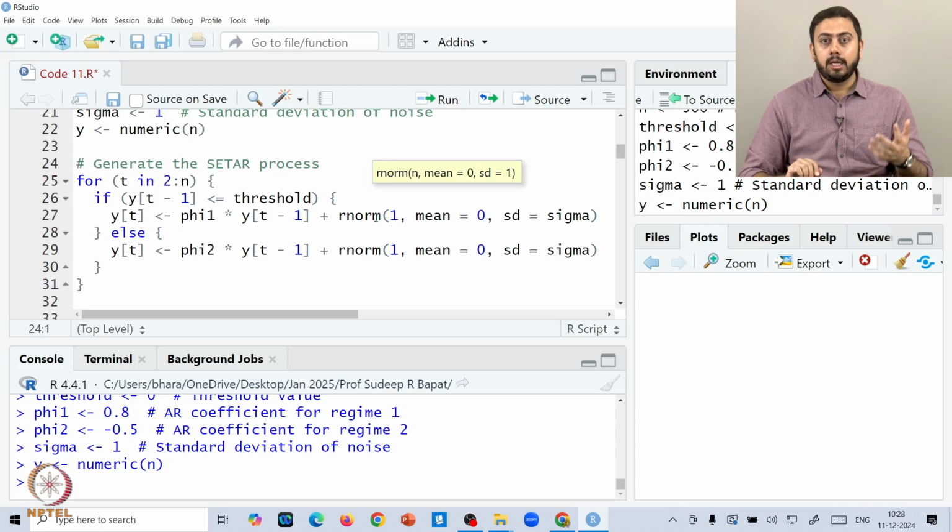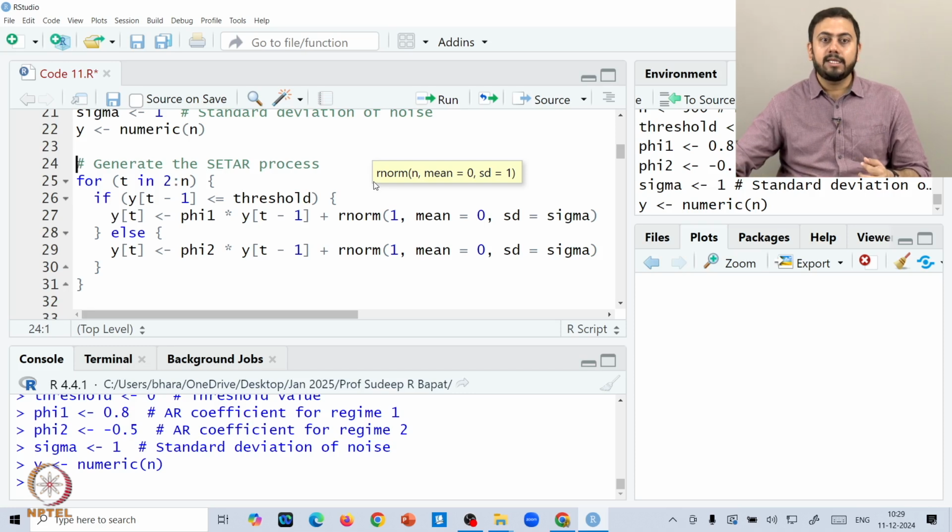If you vaguely remember the model structure we have seen in the last couple of sessions about the SETAR process, then this is exactly what happens there. You look at the threshold variable, and the threshold variable here is nothing but the past value of the time series itself, y t minus 1. If that is less than or equal to the fixed threshold value, which is 0 in this case, then the time series would be in regime 1. Otherwise, if y t minus 1 exceeds the threshold, or exceeds 0, then you will switch to regime 2.